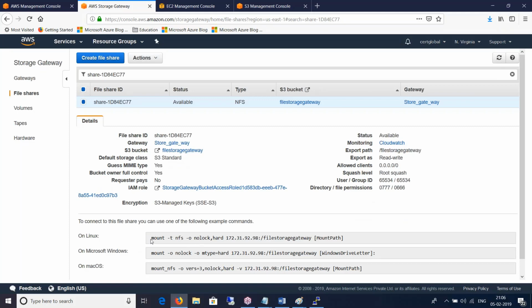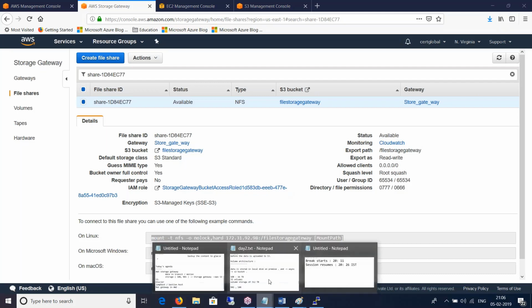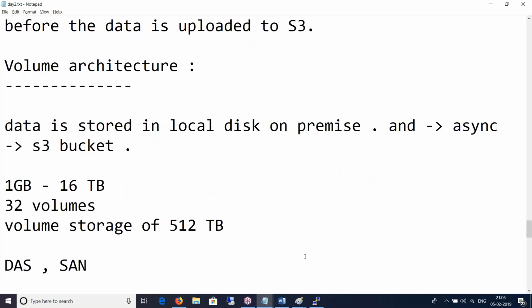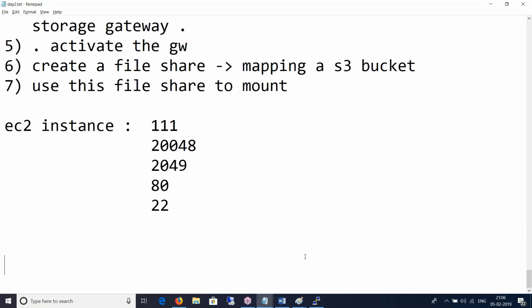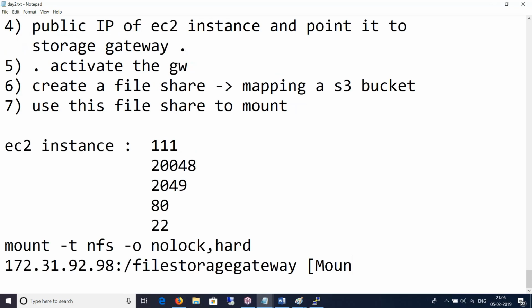So I'll just go ahead and copy that. Mount path. What do we put the mount path as? Slash dev or something? Slash etc maybe?